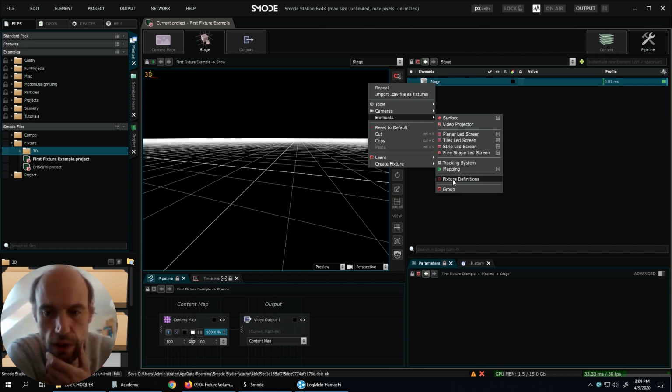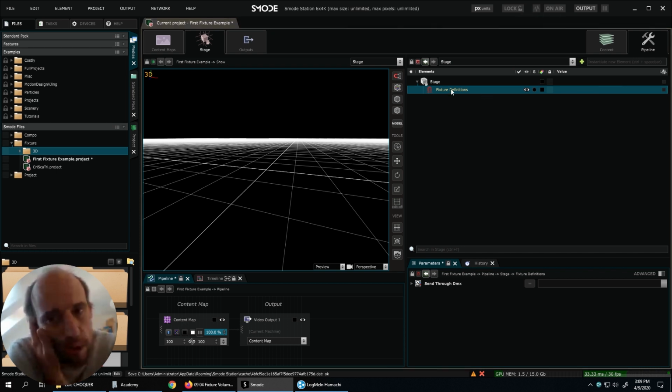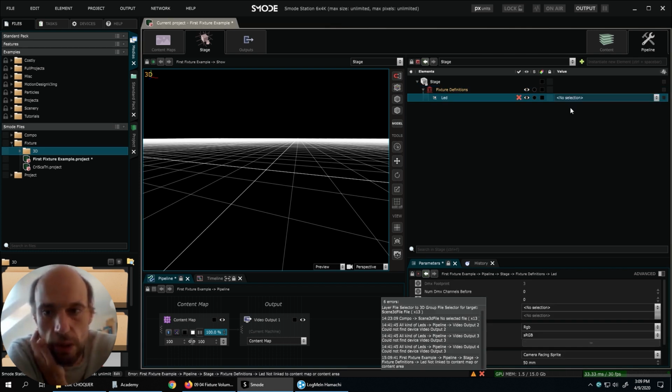But now we are going to use a new category. First of all, we need to create an element called fixture definitions. This is really the first step in order to deal with fixtures in SMOD. We need to define first the type of fixtures we are going to use. So let's start with the simplest type, which is a simple LED.